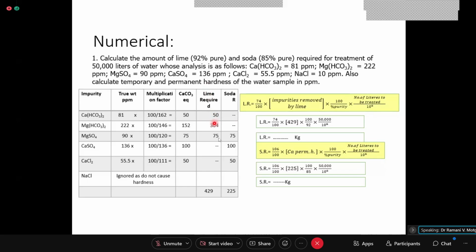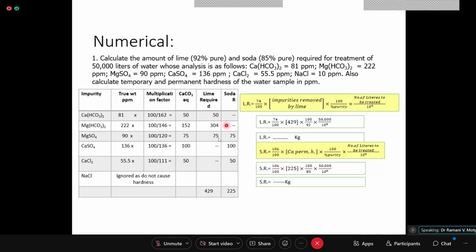This is the line required where you are writing 2 into the CaCO3 equivalents of magnesium bicarbonate. Are you getting? इसको तो आप ऐड नहीं करोगे, इसको भी ऐड नहीं करना है. What you are supposed to add, take precaution that you go to this column, CaCO3 equivalents, and you add these two together to express the temporary hardness. So temporary hardness will be 202 ppm and permanent hardness will be this magnesium sulfate, calcium sulfate and calcium chloride. So go to this particular column.